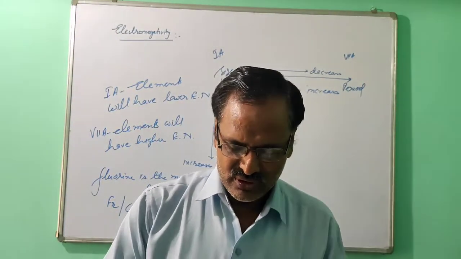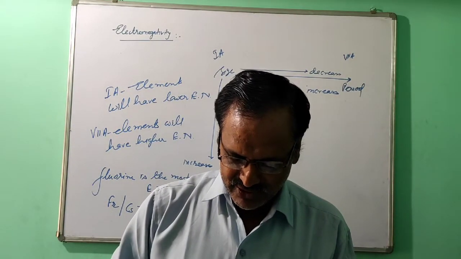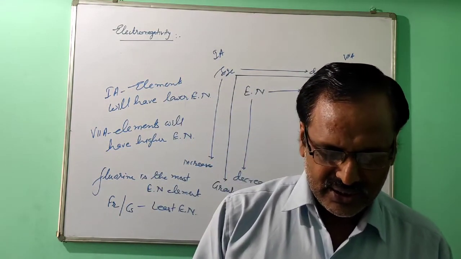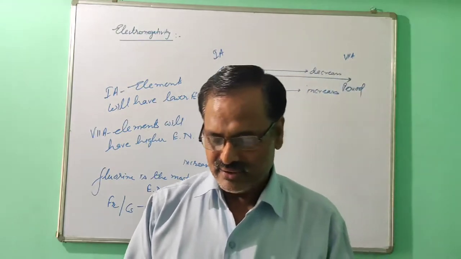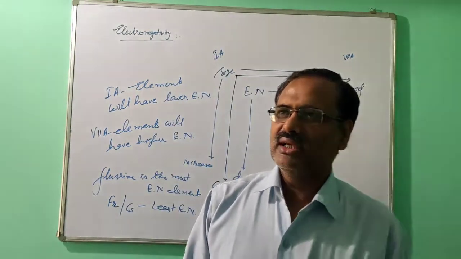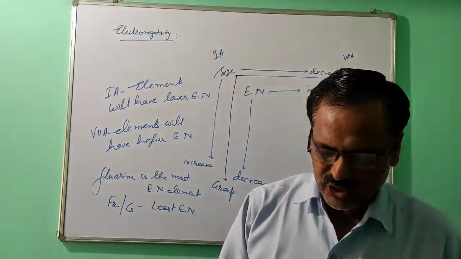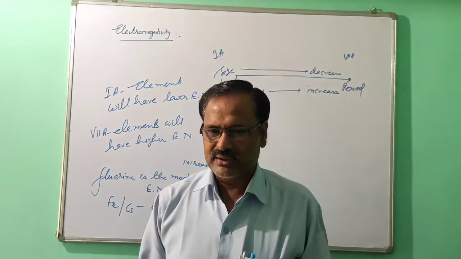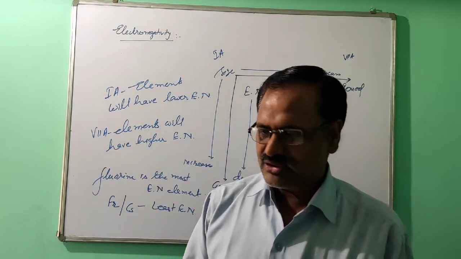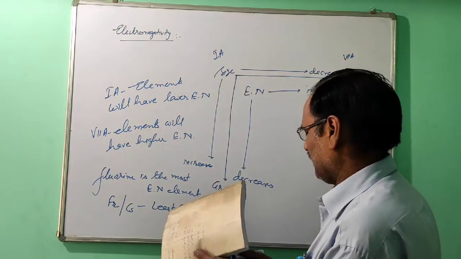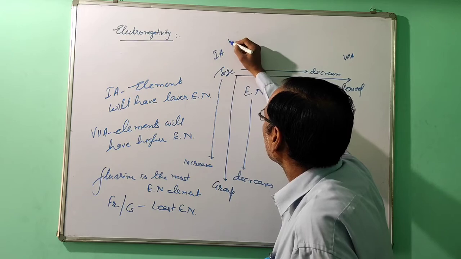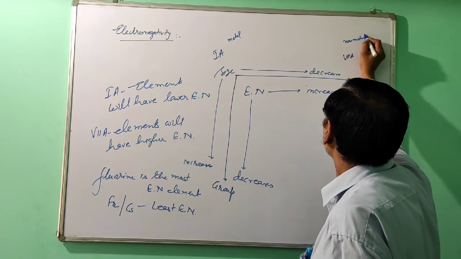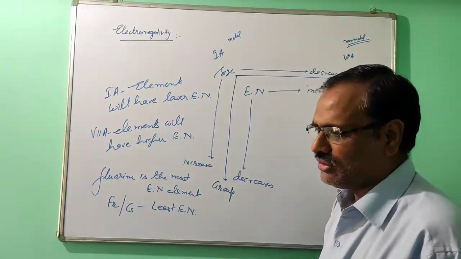So just go through that in your book, page number 12. Open your book, page number 12. Just to see, elements with high electronegativity are usually non-metallic. So in the board paper, once it is asked which periodic property is measured by electronegativity, the answer is non-metallic character. Non-metallic character is decided by electronegativity. So just to see the periodic table, this is the left side, that is the right side. Here metals are there, and on that side non-metals are there. It means non-metals are more electronegative.